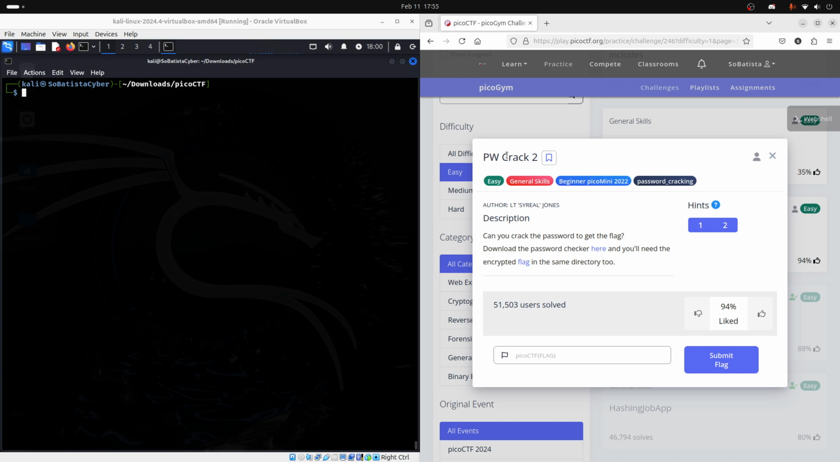Okay guys, let's solve this now. This is pwcrack2. I think it's like a second version of pwcrack1, the one that we just solved. The description says, can you crack the password to get the flag? Download the password checker here and you will need the encrypted flag in the same directory too. So this is the same as we saw in the previous exercise. So let's see the contents of these files here. So wget,